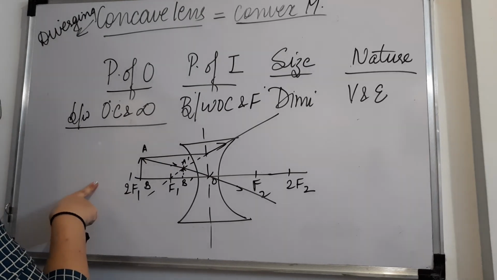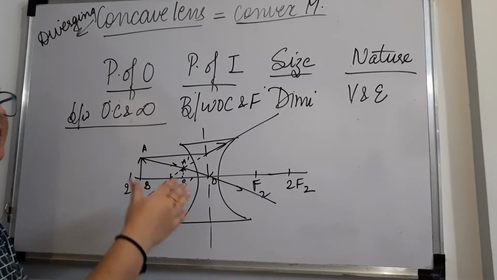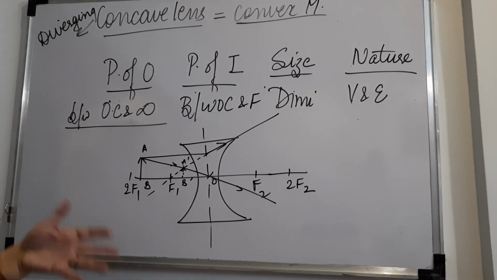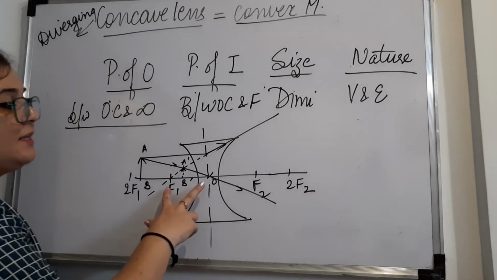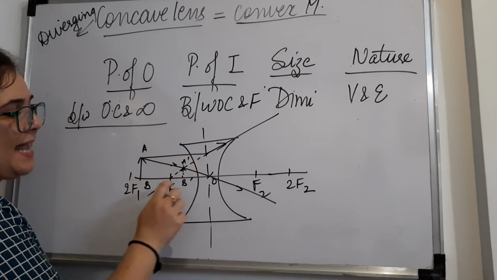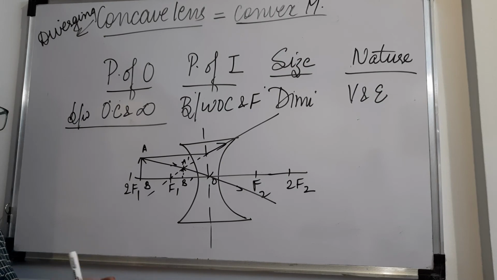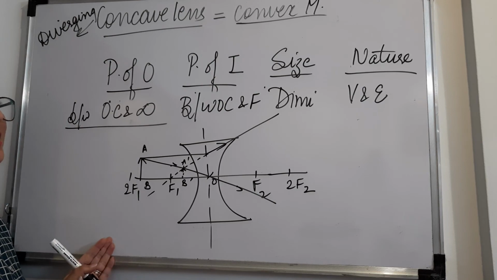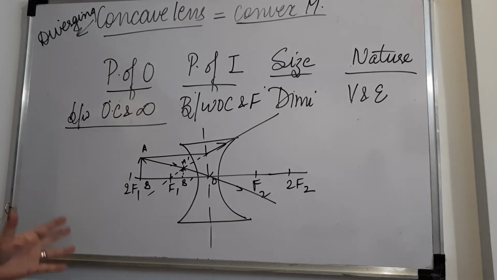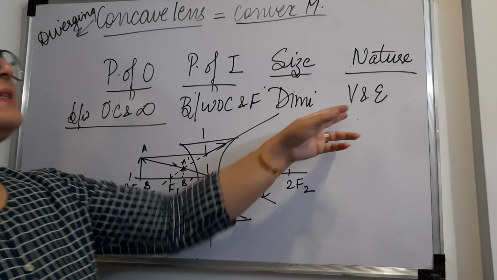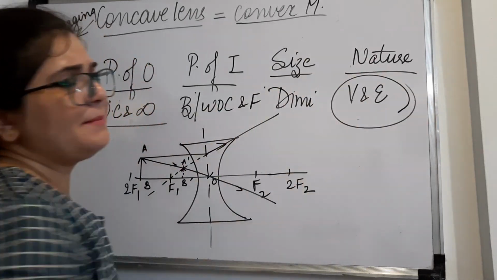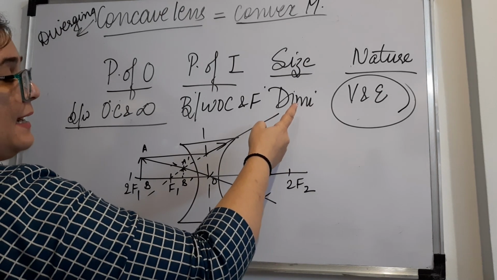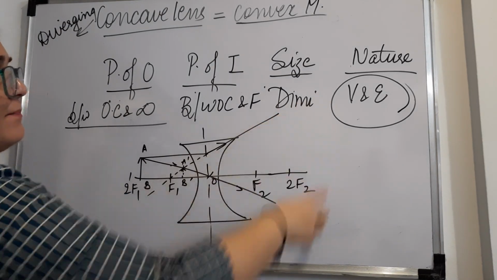So that is the reason we do not mention that we have kept the object beyond 2f1 or at 2f1, because anywhere you keep it, you're going to get a diminished image, and here itself between this and this. That's the reason we don't classify the cases for concave lens, like we did not do for convex mirror, if you all remember. So we have two cases for concave lens, and what we have seen is that in both the cases, what kind of image are we getting? We are getting a virtual and erect image, and on the same side, we are getting the diminished image.